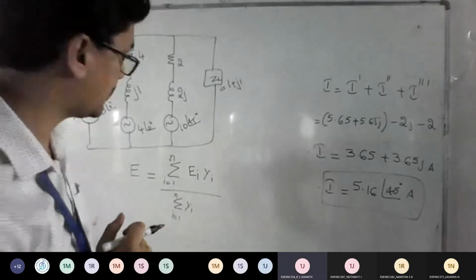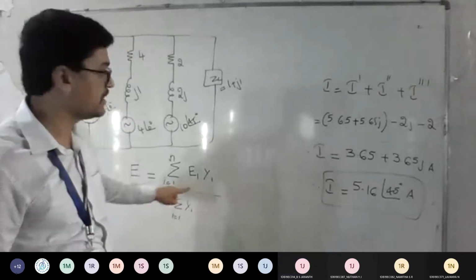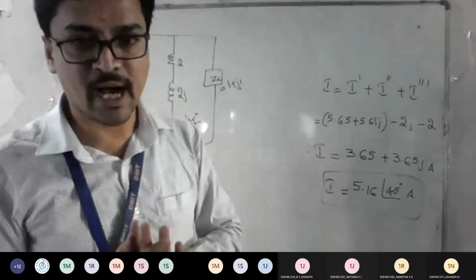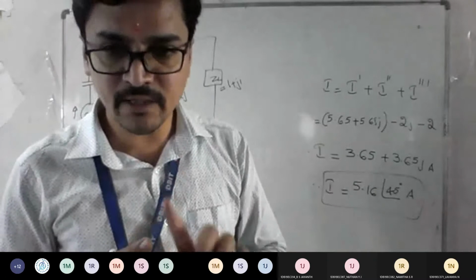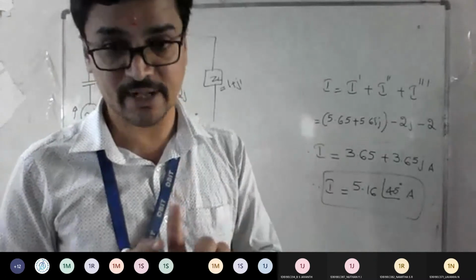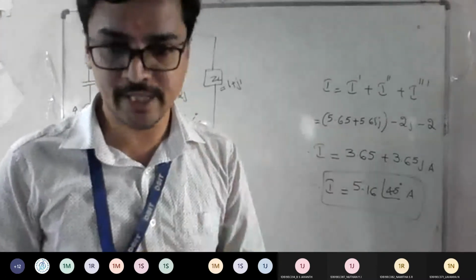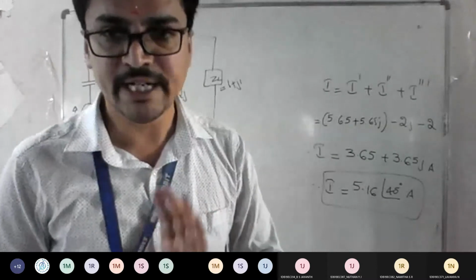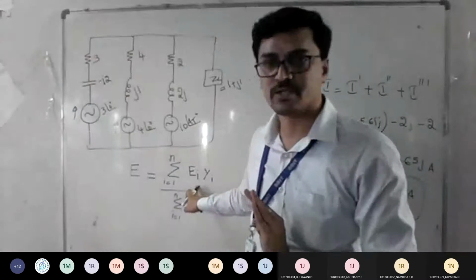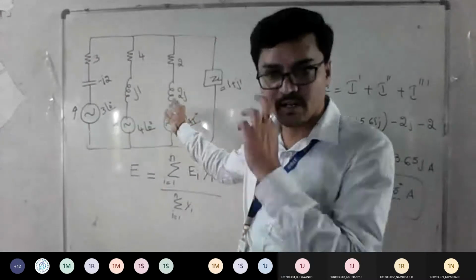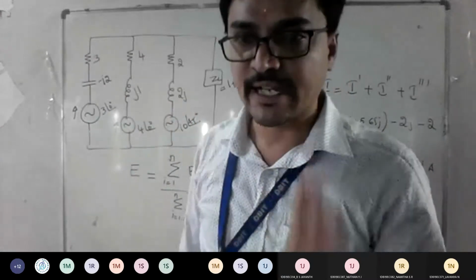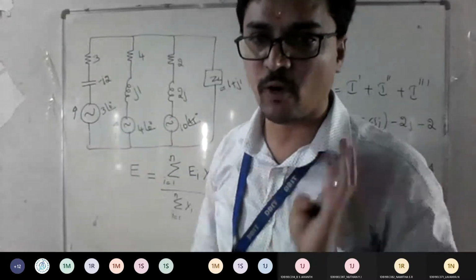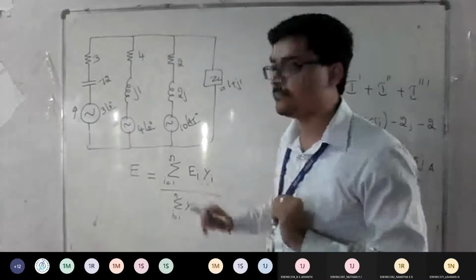Yes, sir. Okay. So now what is E? E is the number of voltage sources. See, whenever Millman is asked, in the network, even if there is a current source, a practical current source, you need to convert it to voltage only, because the formula is not there for a current source. It is purely for voltage sources. So even if you find any current source here, apply the source transformation logic and get it in terms of voltage. So make sure all the sources in the given network are voltage. Then only this formula will be applicable.